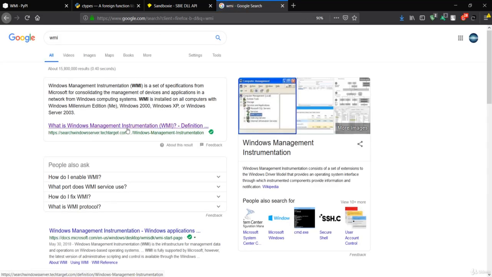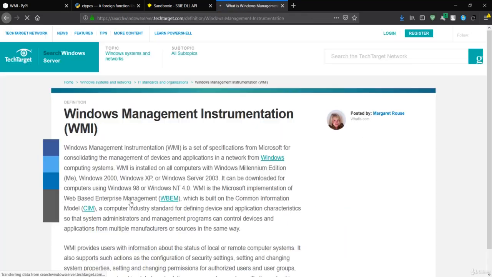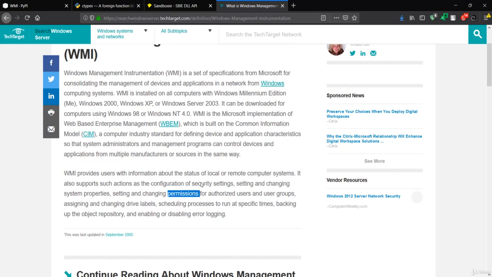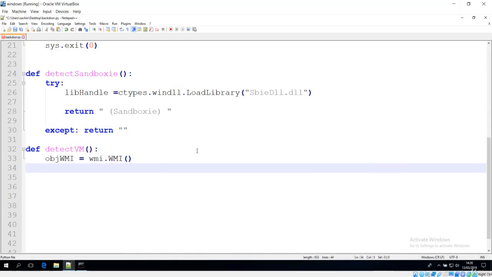You can also search for WMI in Google and get the information about this Windows Management Instrumentation. It will get the information about the status of a local or remote computer system, the configuration, and everything about the permissions. So this is Windows Management Instrumentation, and we have to get the information of a virtual machine from this object now. So I'll say for, not from, it is for, and I'll make one interesting variable here, that is object disk drive. If you see, this gives us clarity on what this variable is about. It is about the disk drive that is installed in our virtual machine.